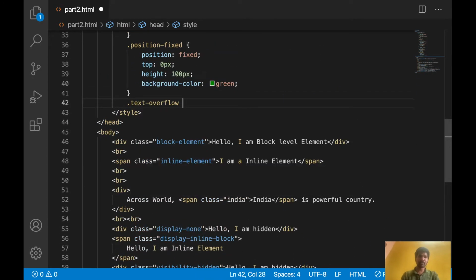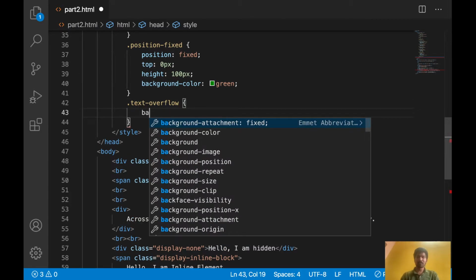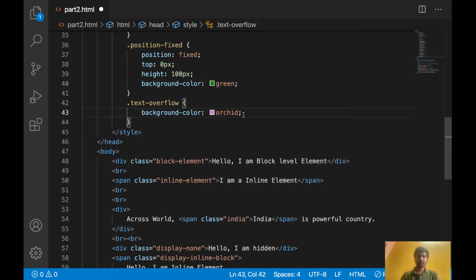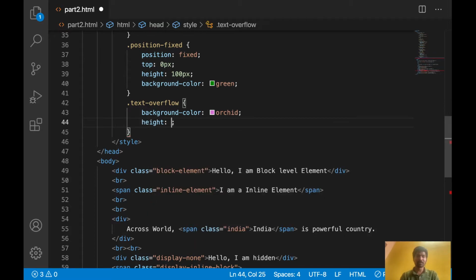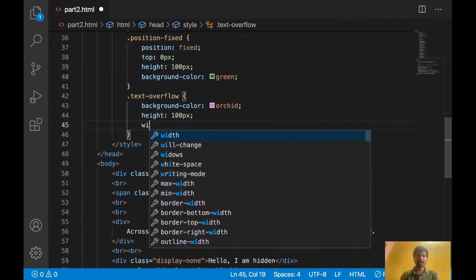Let's apply a background color, orchid. Some height also, because we are checking whether overflow is working or not. Let's say 100 px, and we can give the width also.